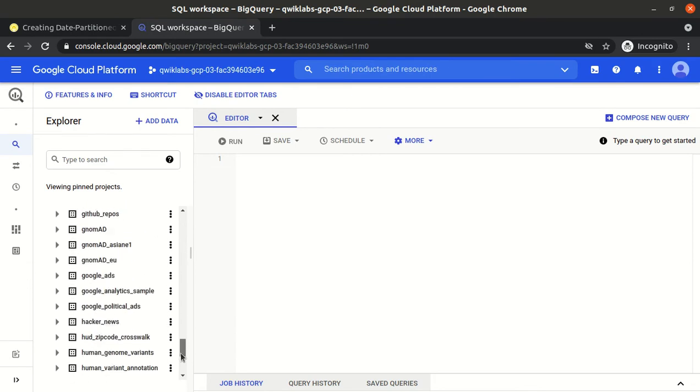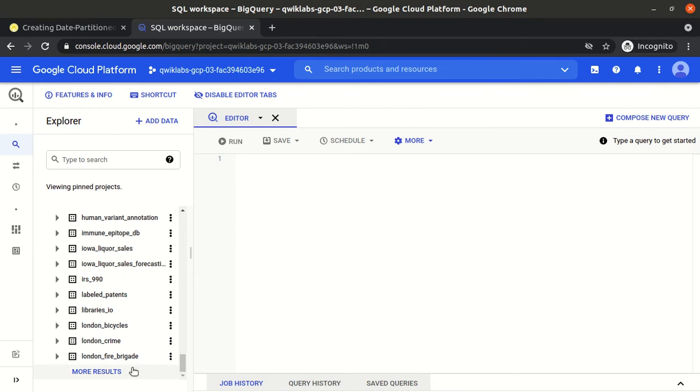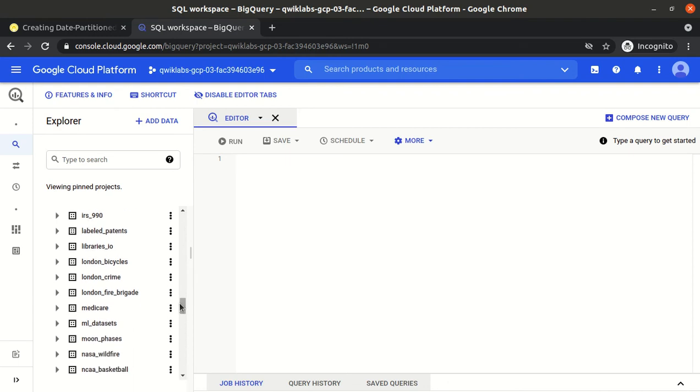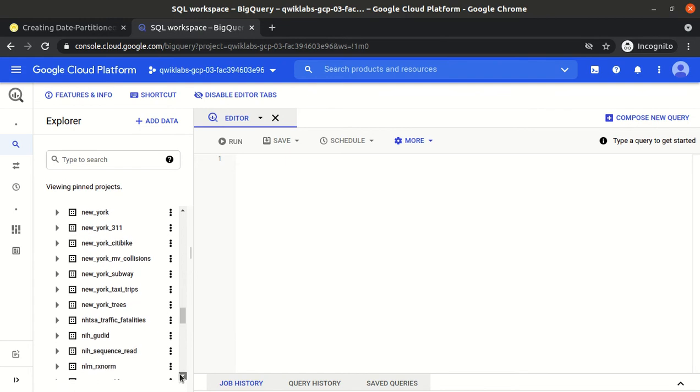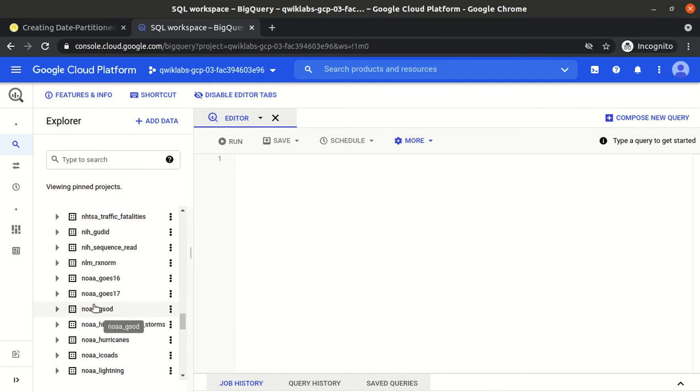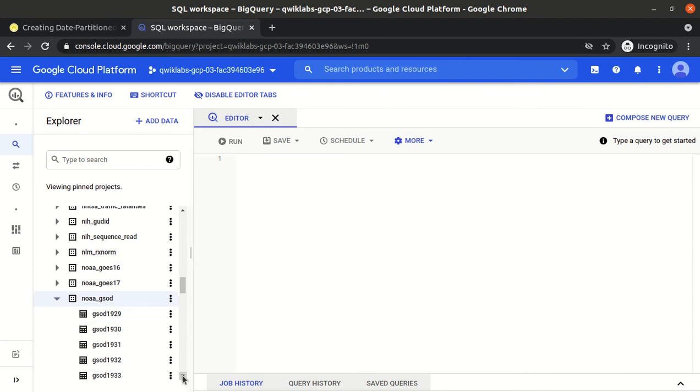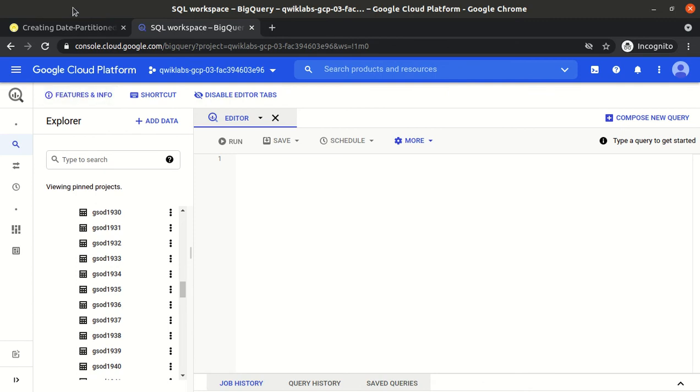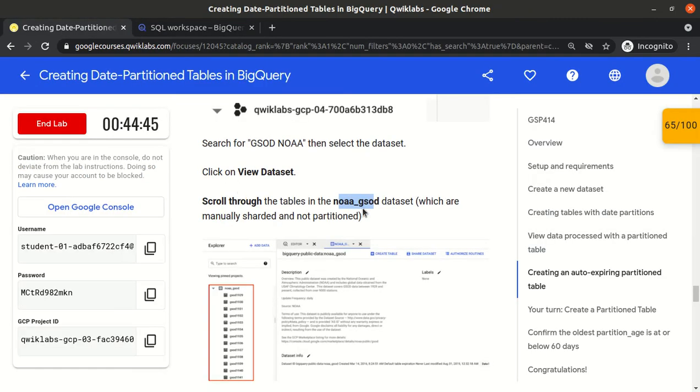NOAA, more results. So N started, NOAA GSOD. This is the dataset. Now under this dataset we have so many tables. So which table do we need to explore?